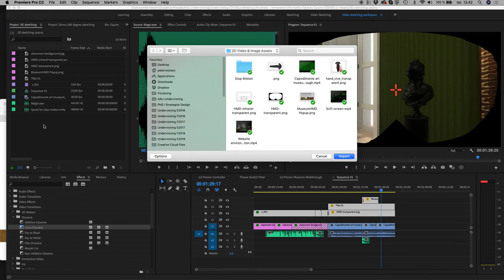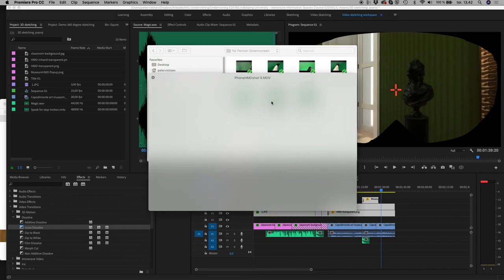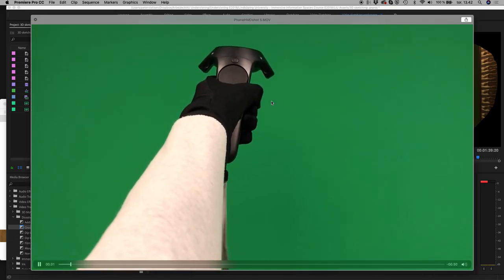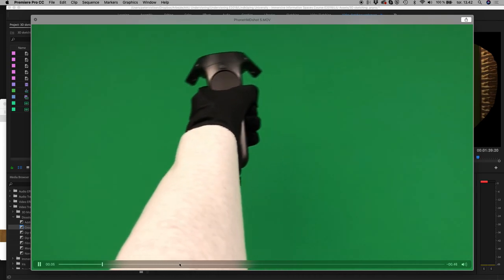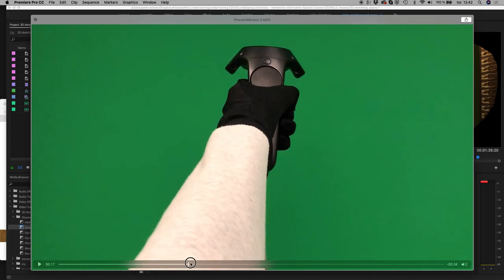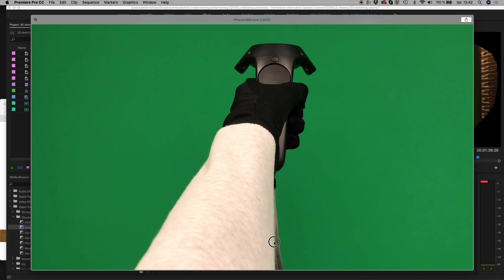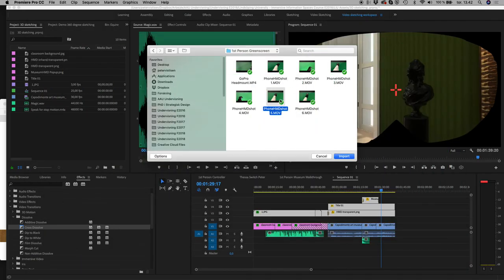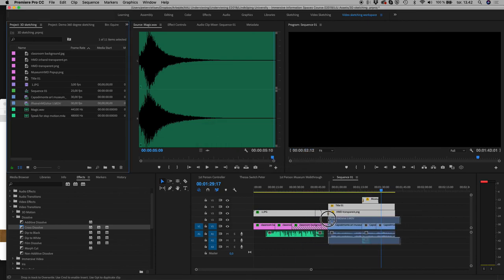And then I could import, because in our assets folder we have a lot of footage of me trying to look very computer animated, holding a Vive controller with a glove on, so you can see that it's a human hand and not a graphical hand or something, moving around this controller. And I could maybe take this shot 5 here. I could import it, place it down here,